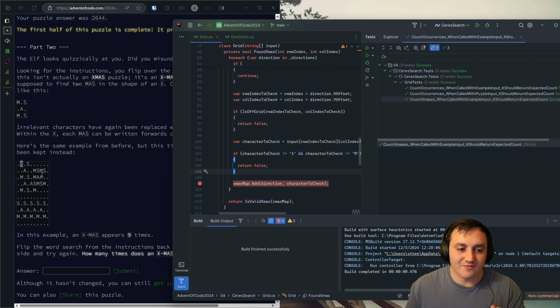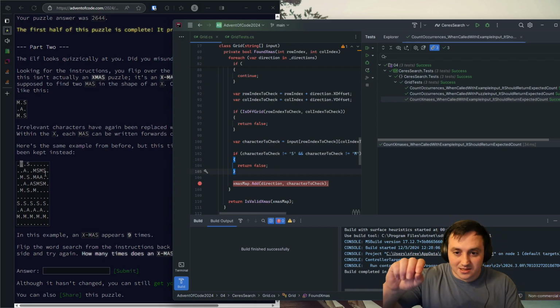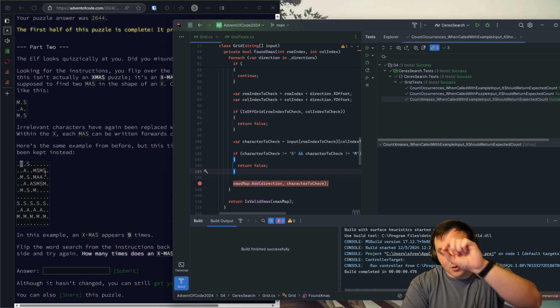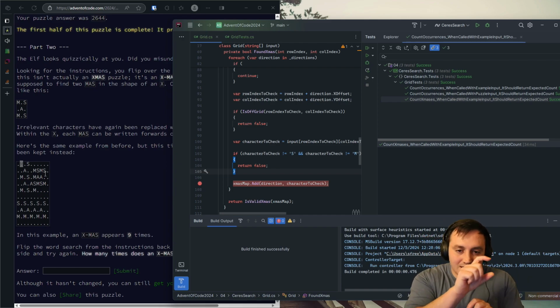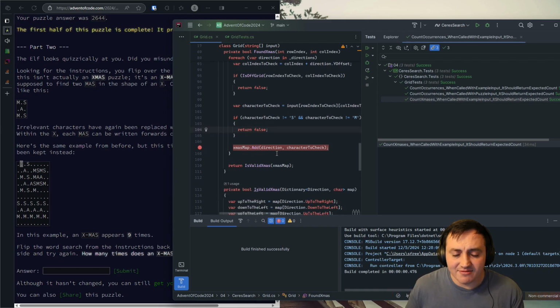Because the only way I can form the Xmas is with an M or an S, or an S or an M. So every character I'm looking at has to be an S or an M. So if it isn't, then I bail out, I return false. If that character is an S or an M, then I add it to my map